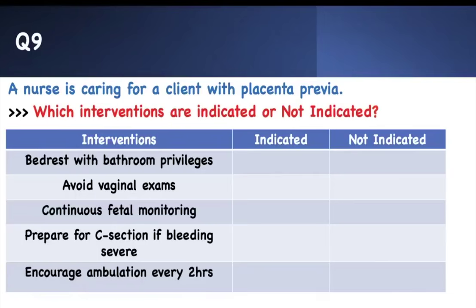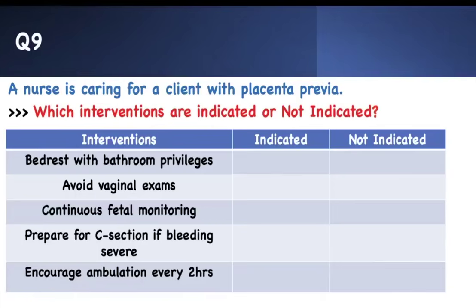One, bed rest with bathroom privileges. Is that what you want to do? Avoid vaginal exams. Is that what you want to do? Continue fetal monitoring. Is that what you want to do? Should you prepare for C-section if the bleeding is so severe? Should you encourage the mother to walk every 2 hours so that they don't get DVT? What do you think? Test-taking strategy, adapting class, maternity, NCLEX practice question, high yield, critical thinking, matrix form, next generation